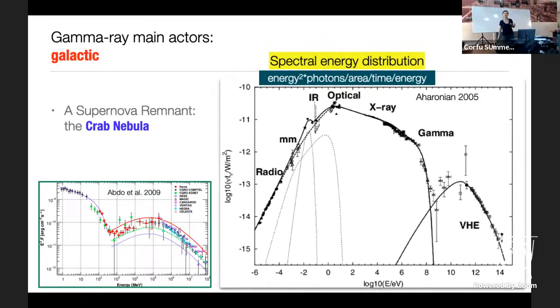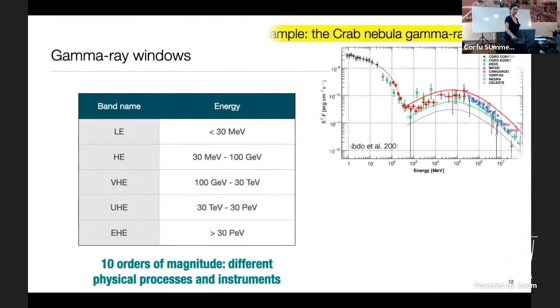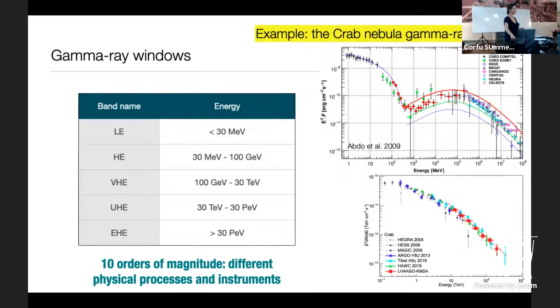So let's look now again at the Crab nebula. But one measures directly the number of photons or the energy. To go from there to the differential, you multiply by E squared. No, you measure the dN over dE, and then you build. You measure the flux, the number of events. Yes, you measure the number of events, and then you know how much time you spent on this observation, and what is your detector area.